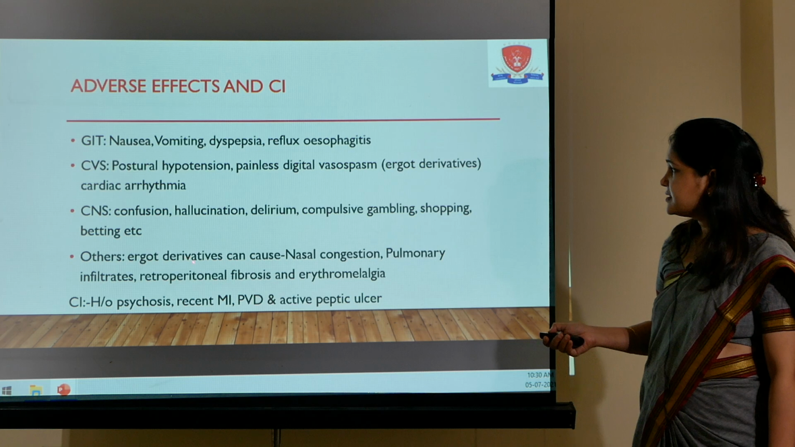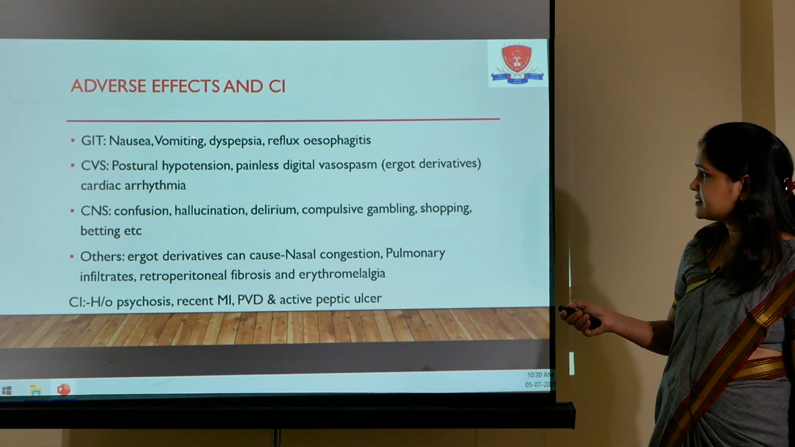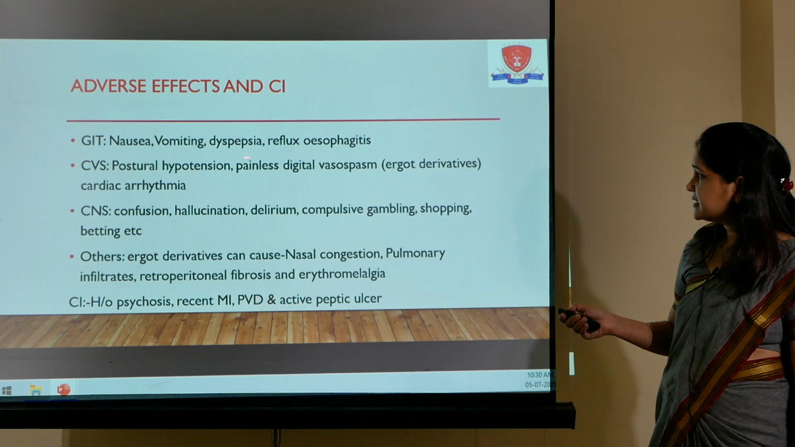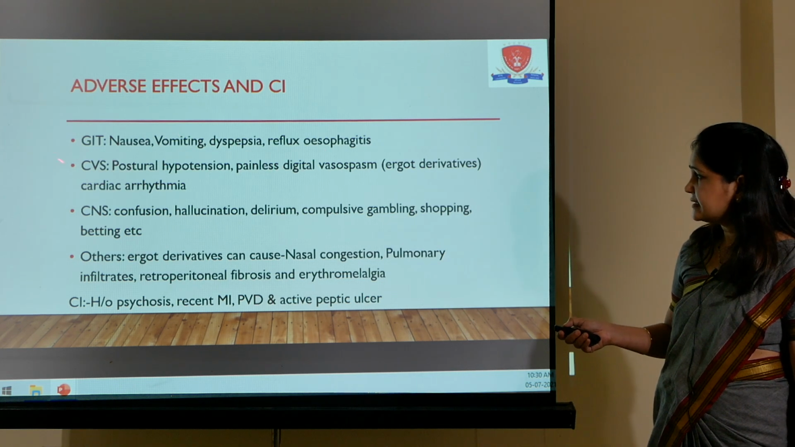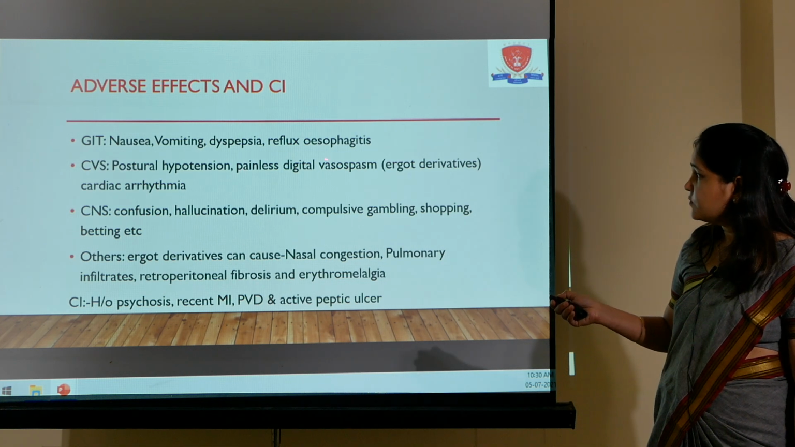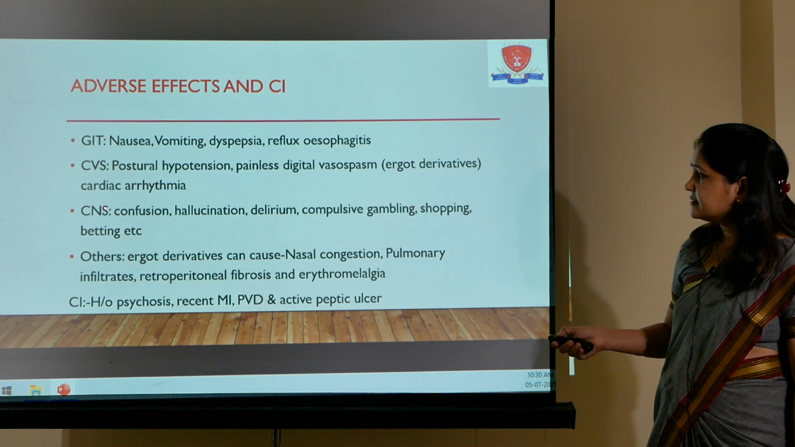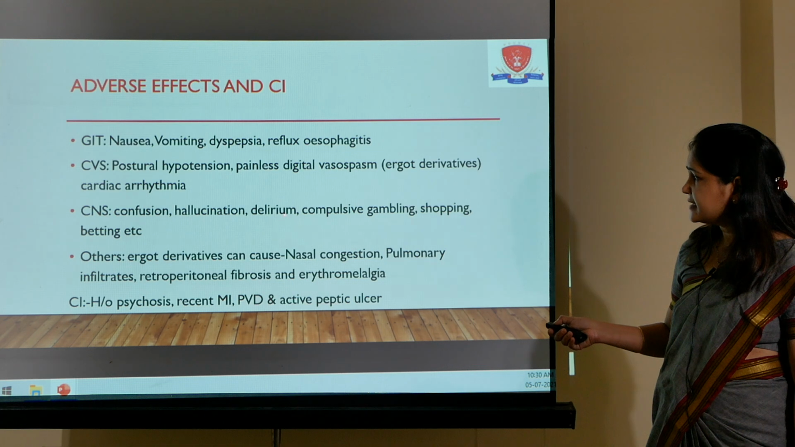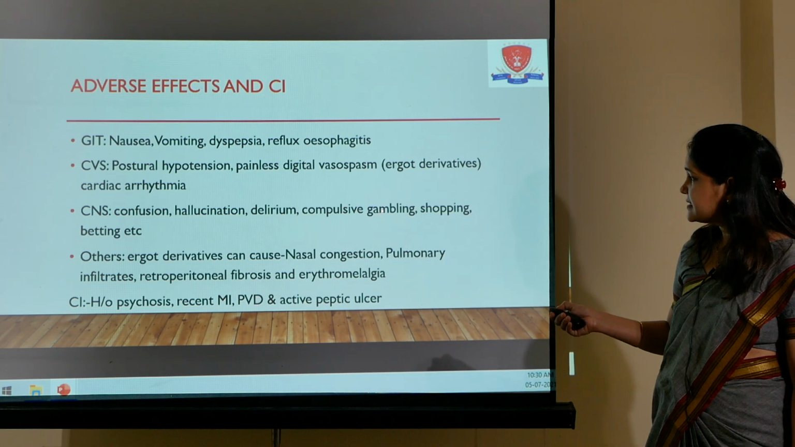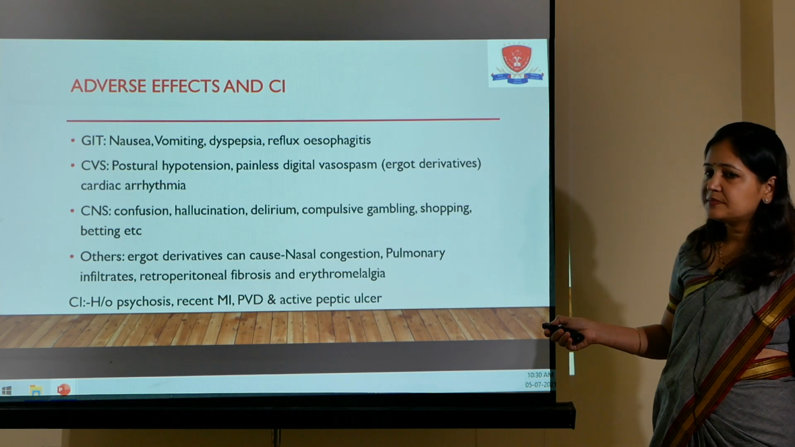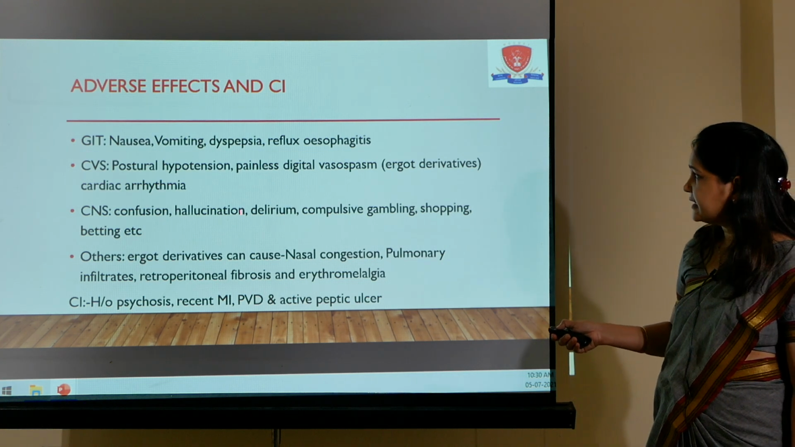So what are the adverse effects? The similar GI adverse effects as seen with levodopa: nausea, vomiting, dyspepsia, reflux, esophagitis. Cardiovascular: postural hypotension, painless digital vasospasm, especially with ergot derivatives, and arrhythmias. In the CNS: confusion, hallucination, delirium. Then compulsive gambling, so this is the impulse control disorders. That is the main thing to be concerned about in the case of these